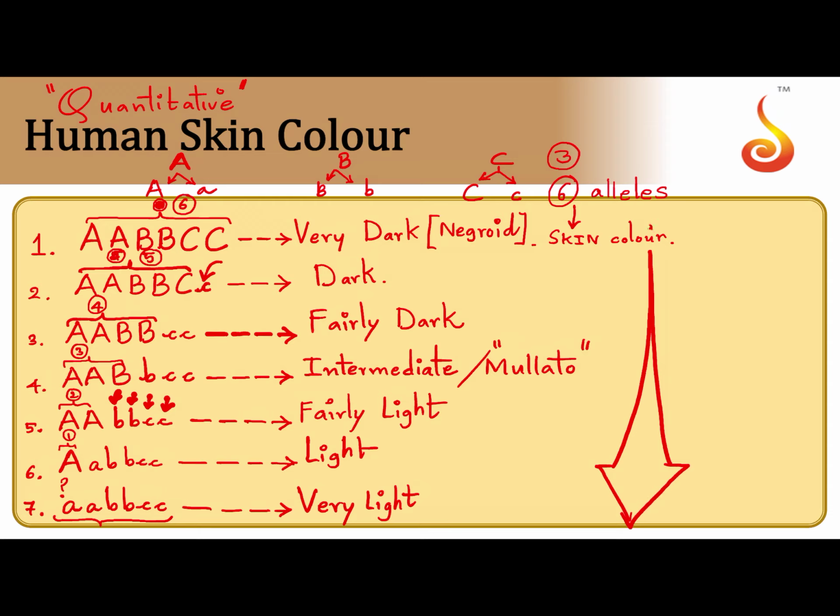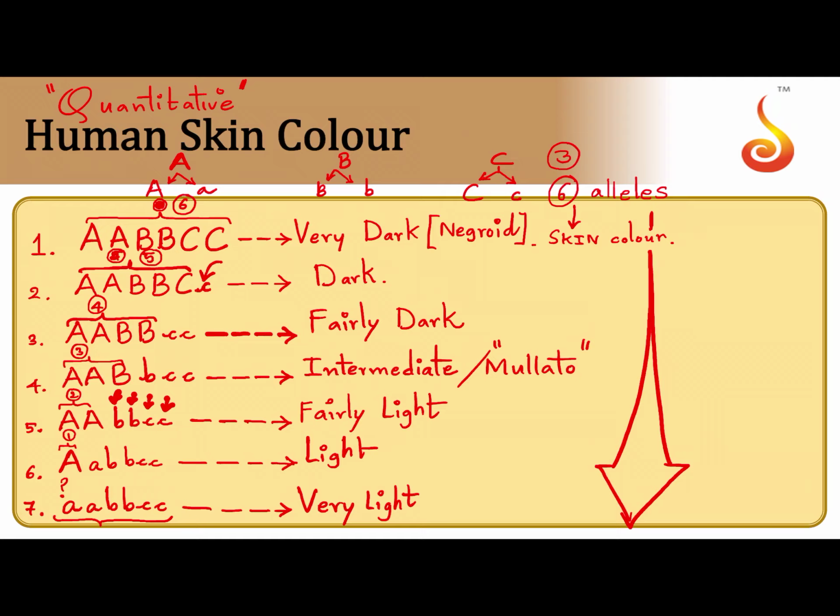Notice how the skin color changes in its intensity from very dark with all dominant alleles to very light without any dominant alleles, with only recessives. So what determines the skin color here? And obviously you saw how blending is taking place. It's like mixing 2 paint colors and getting a new color, isn't it? Dark and light are blending. That's why I told you it is incomplete dominance.